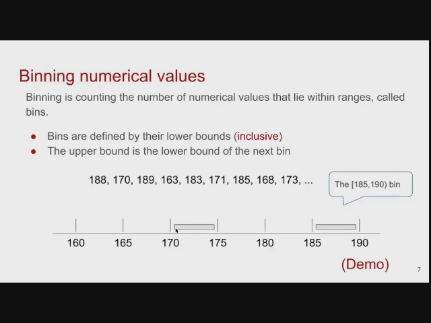Because like we said, the lower bound is included for this bin, but the upper bound is going to be the lower bound for the next bin. So for 170, it should stay here. The next one, 189, not surprisingly, should go here. 163 should go into the first one. 183 should go to the second last. So if you keep going,